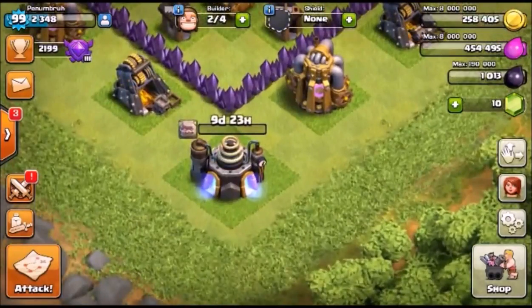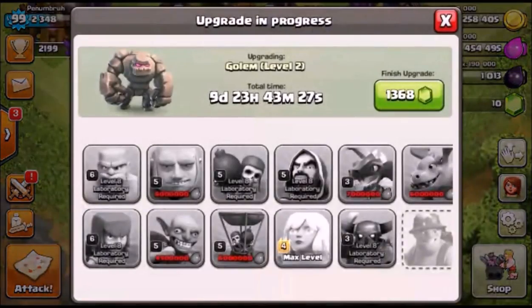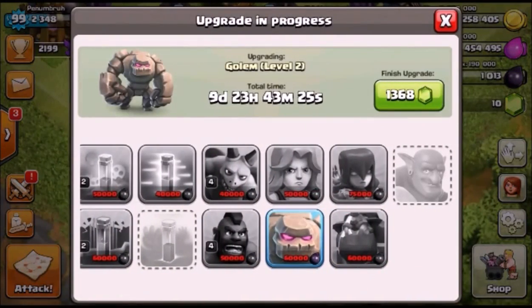Also, I got my golems upgrading to level 2. Yeah, I know people are like, what, level 2? I skipped out on them when I was on Town Hall 8 because I thought I would never have to use them, even though Gold Wipe golems are one of the more commonly used troops at higher Town Halls. But I thought it would be easier for me to upgrade at Town Hall 9, and it's actually very hard